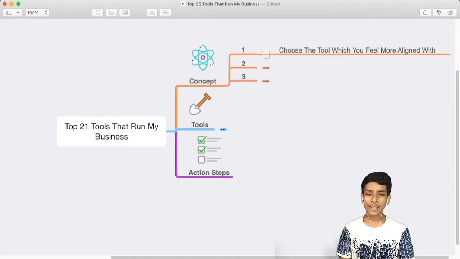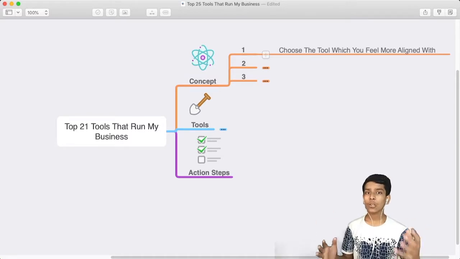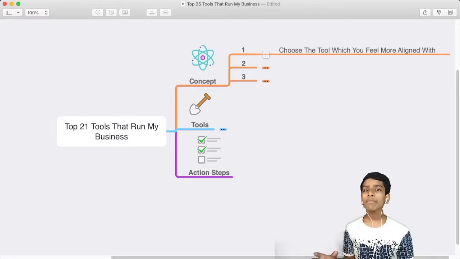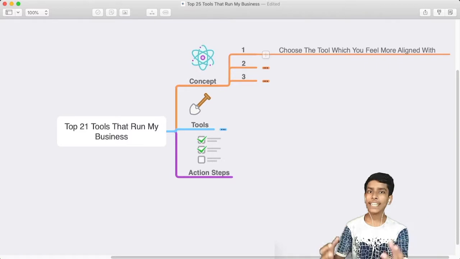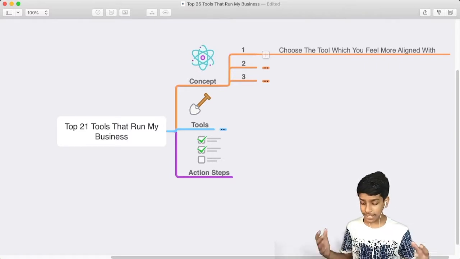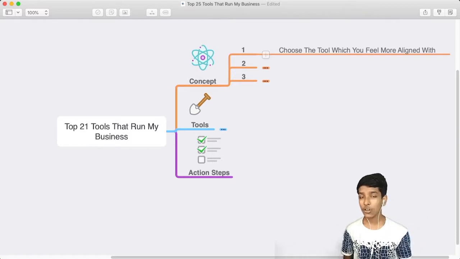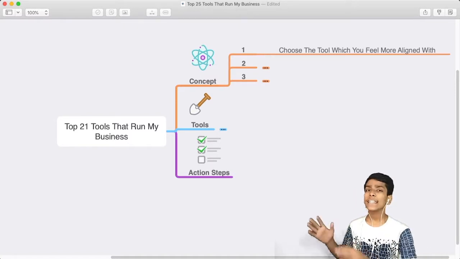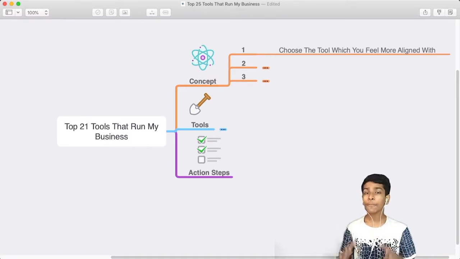So here we have the concept. The number 1 concept is choose the tool which you feel more aligned with. What I mean is that the tool which you are selecting right now to purchase, to use, should be something which is connected with you, easy to use for you, very minimal, and it does all the work you want from that tool.